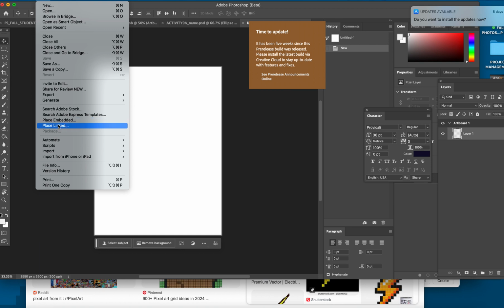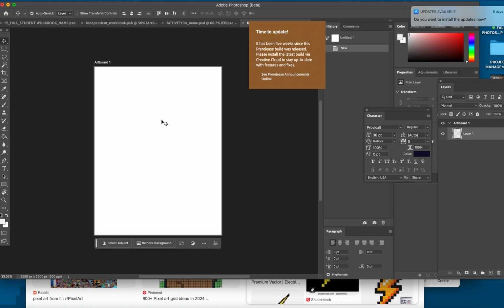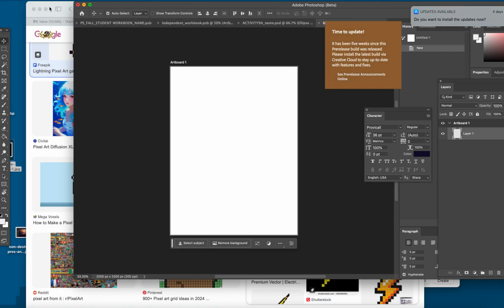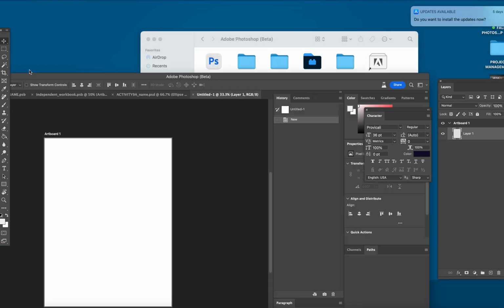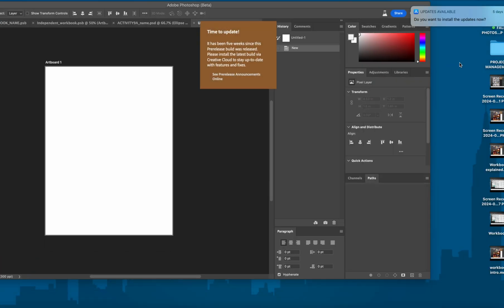But the linked means you have to keep the original file where it is. Okay, so we'll explain that a little bit. I'll explain that more in detail in the future. But basically, another way to do this, and I'm just minimizing some things in the background, is if you have